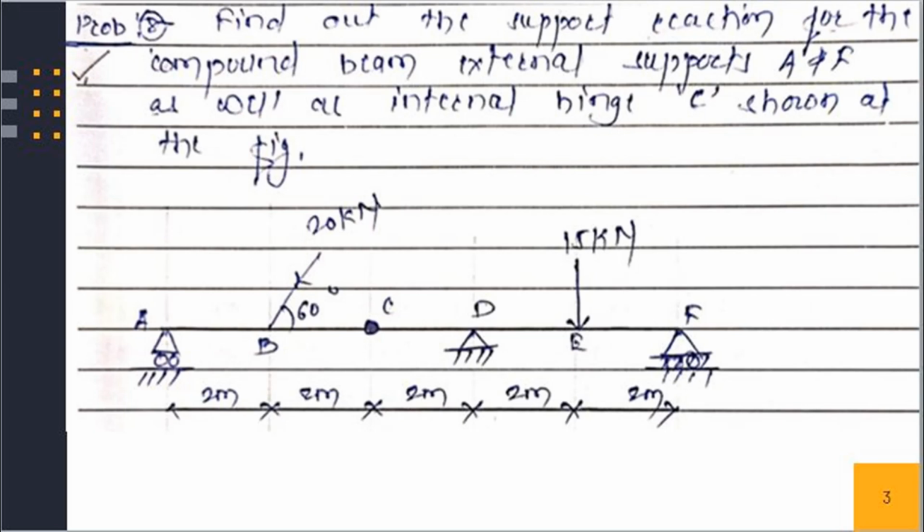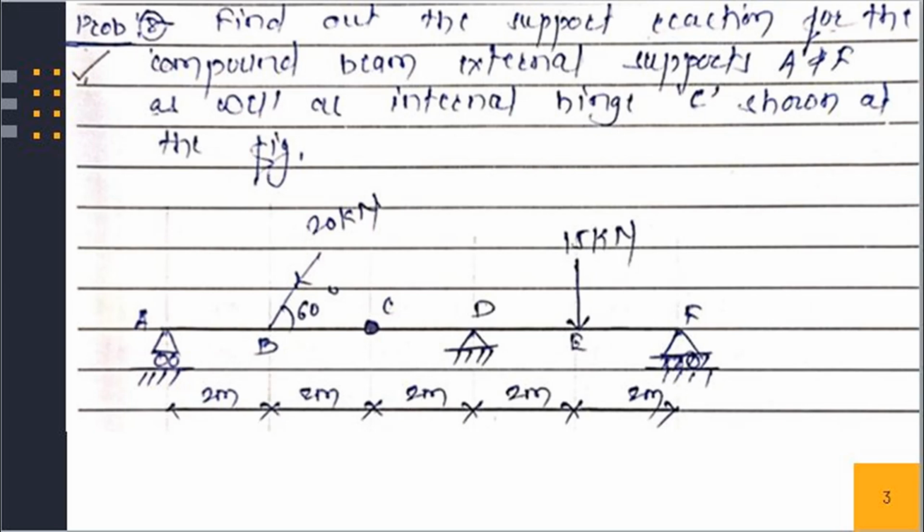In this figure, there is a beam A, B, C, D, E in which at points A and F there are roller supports and at point D there is a hinge support. At point C there is an internal hinge. An internal hinge is nothing but a point at which two beams are joined. At points A and F there are roller supports and the plane of the roller